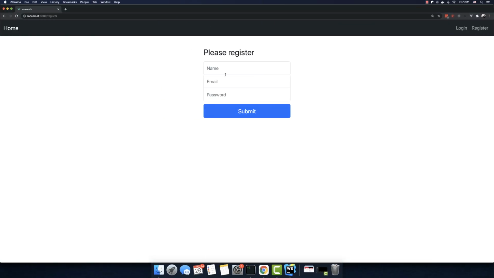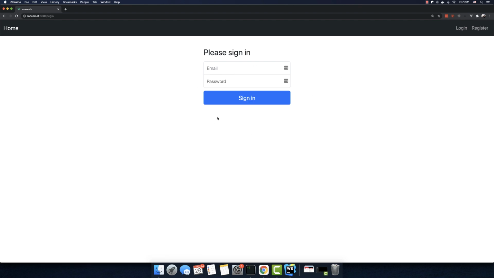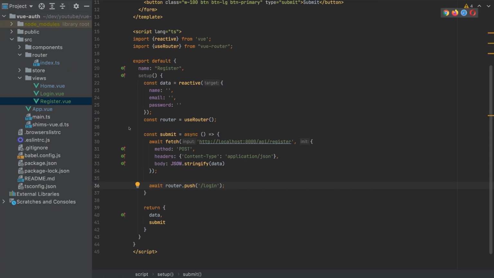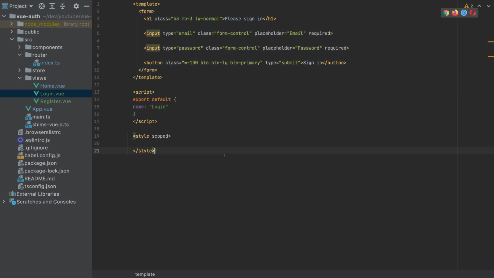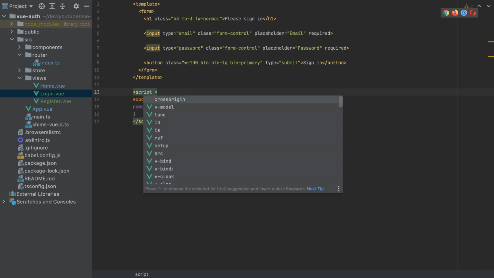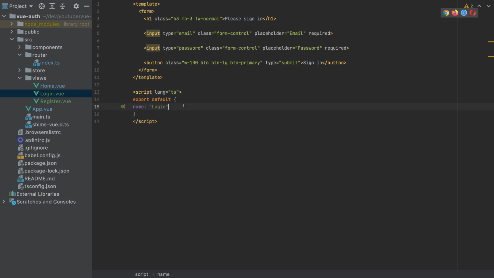So let's create another user now, and we successfully redirected to the login page. Now let's go to the login page, and let's try to submit the form again here. So let's make the language TypeScript. Setup here, and here we'll also create a reactive. So let's import reactive from Vue, and the data will be equal to reactive